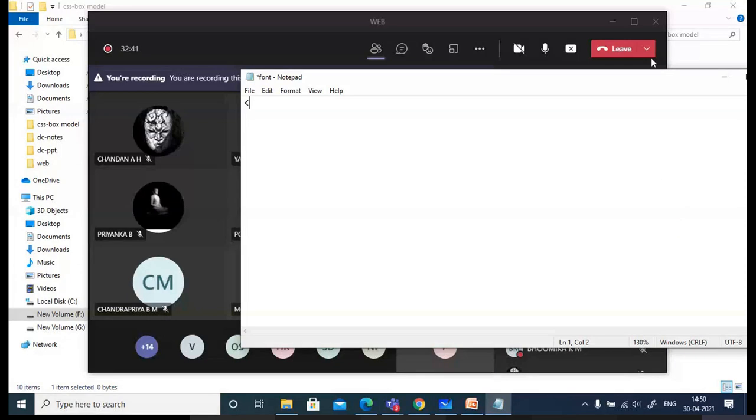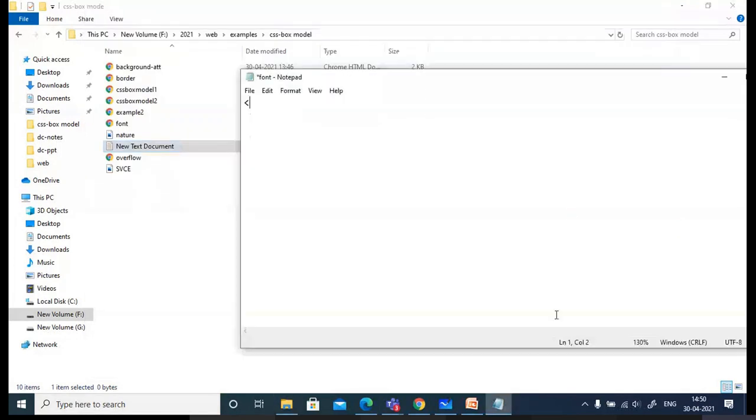That is HTML. Where you specify the style, it should be within the head section, within the style tag.